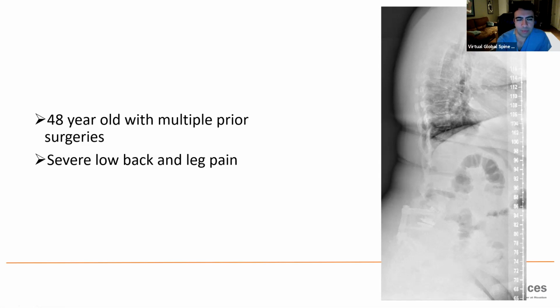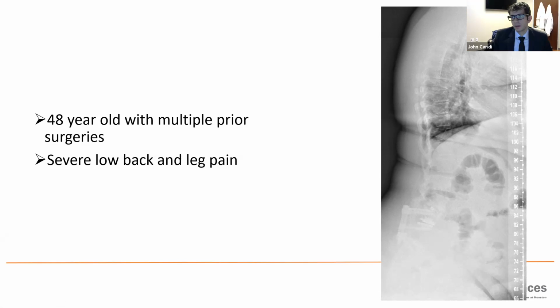Some people are asking if you had any more advanced imaging, such as a CAT scan or MRI. The MRI just looks like a black ball of nothingness because of this arthroplasty. The CAT scan shows a pseudo here and a pseudo at L4-5, and then L5-S1 is solidly fused. Did you get a myelogram for this patient? She did have a myelogram. She doesn't have any significant stenosis. Okay, those are some of the things people ask. They would want more advanced imaging, meaning CAT scan, myelogram, MRI.